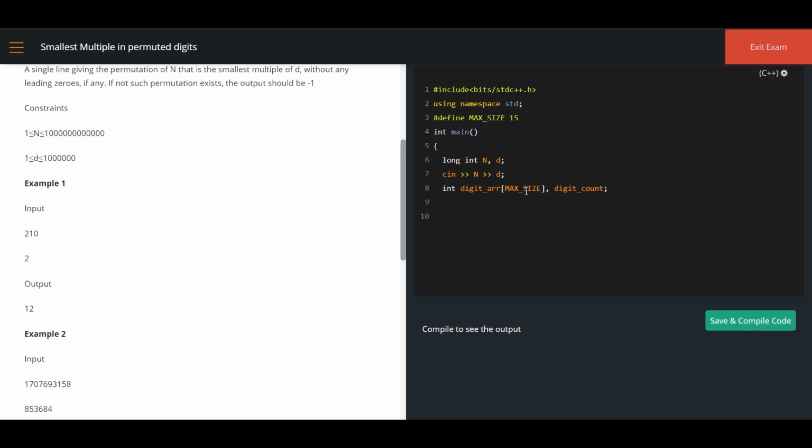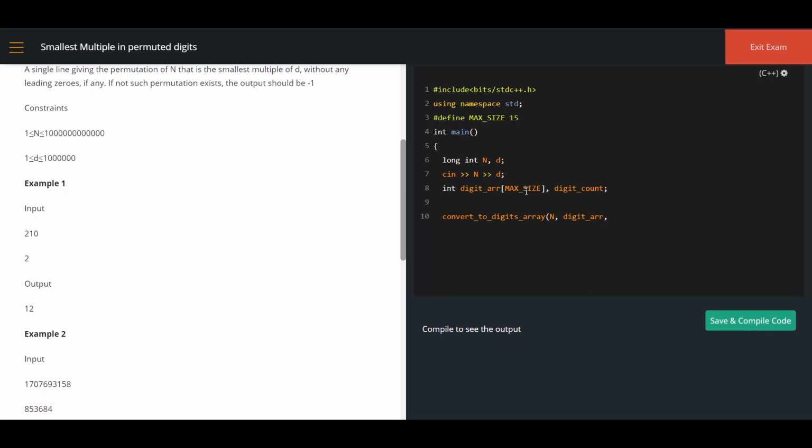I have to call a function to extract that into digits. So let me write the function name as convert to digits. Here, what are the arguments you have to pass? The given input value n, the digit array, and the digit count, because I need to store the digit count also.